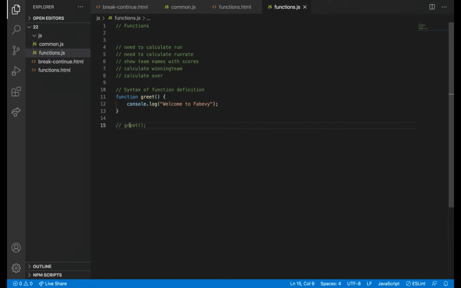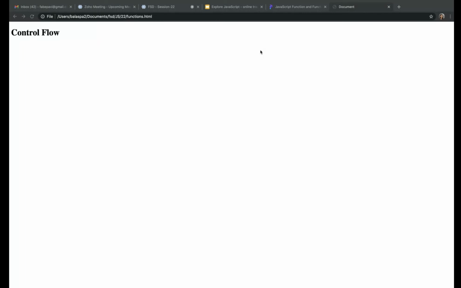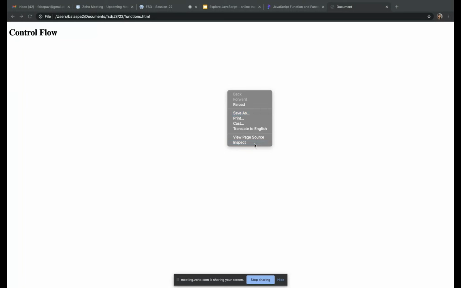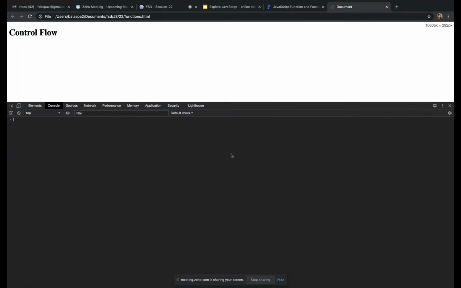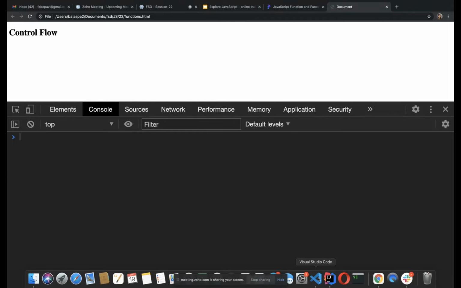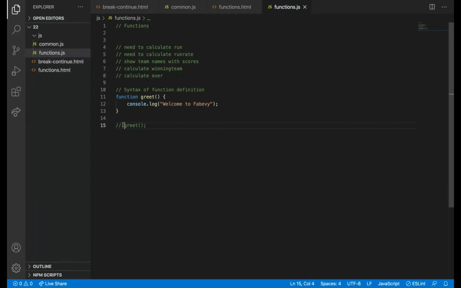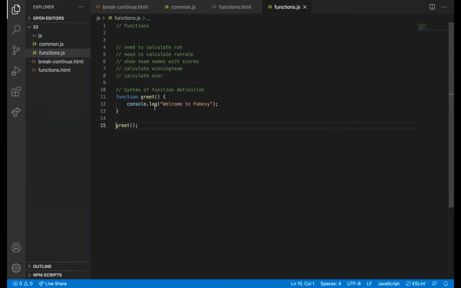So first I will open it in a browser. No result was there because we did not call it. So if I call it, only this line will get executed and then the result will be there. Welcome to FabeB. So only when we call the function, it will get executed.